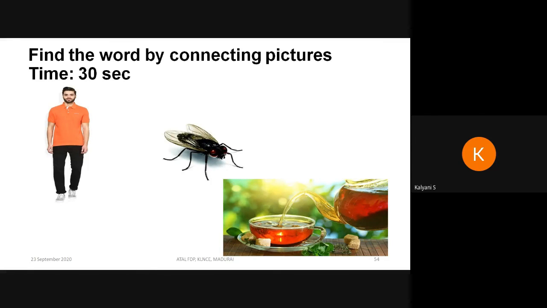Okay, let me give you the answer. This is nothing but humanity. Human, E, and then T. So the word behind this is humanity. In current situations in the 21st century, we are losing humanity. We are losing the basic nature of a human being. We may be very learned professors, we may be intelligent, we may have a lot of money and property, whatever it is, let us have a good human nature. Let us love people. Let us help each other, especially in this COVID situation. Try to help the poor people. Try to help the neighbors who are suffering.